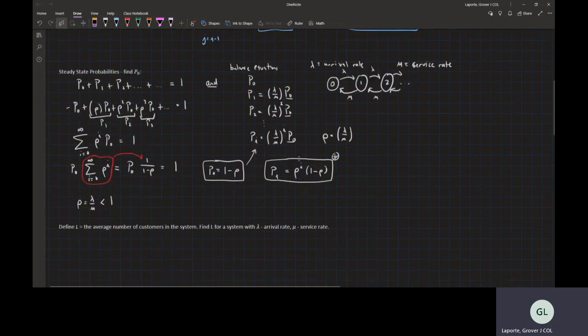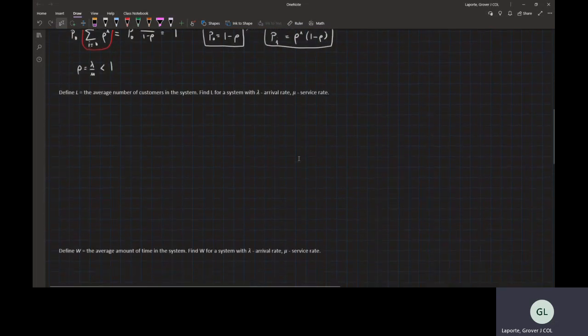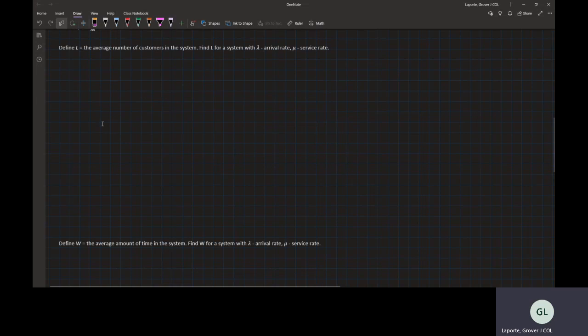So let's go down to our next metric, if you will. Let me put a little bit of space in here. Our next metric is, or I shouldn't even say our next metric, really, this is the first metric that we talked about. In general, when people are doing a queuing system, they want to know a couple things. One is, and let me just highlight it here,